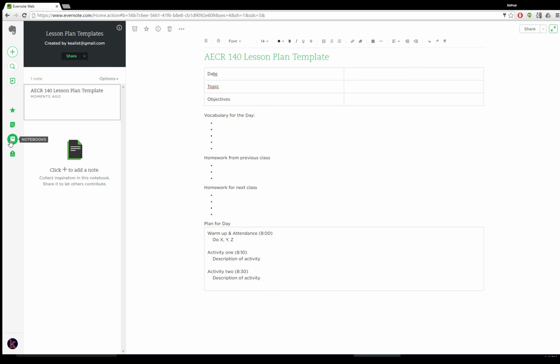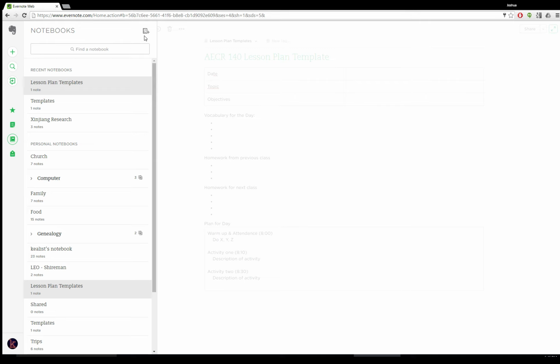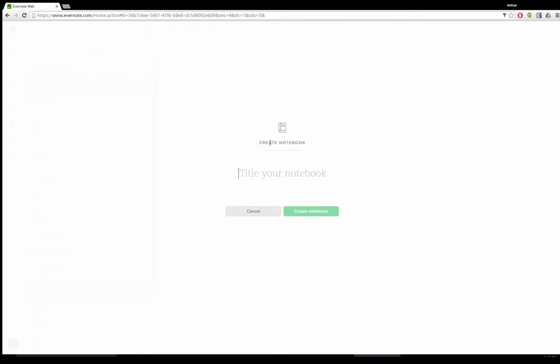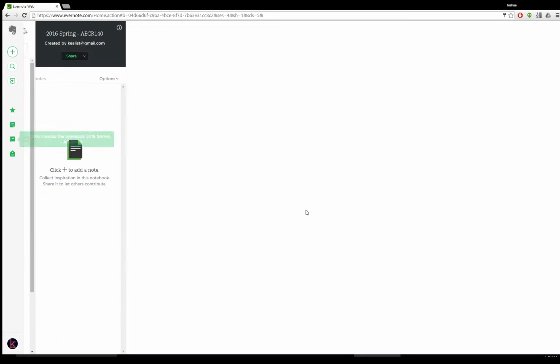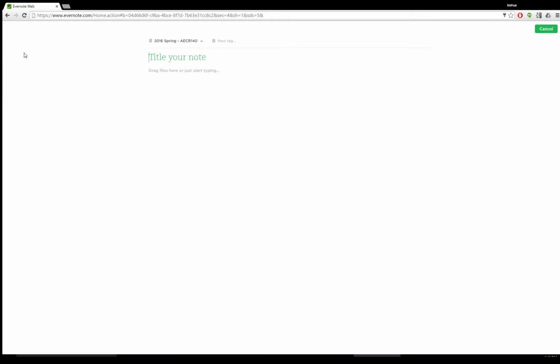Then to actually use this to make a lesson plan, I might go to notebooks, and I might make a new notebook for a class. So create a notebook, and I can call this 2016 Spring AECR 140. I create that notebook, and then I can put a bunch of notes in here that use that template. So I'll say new note and title this